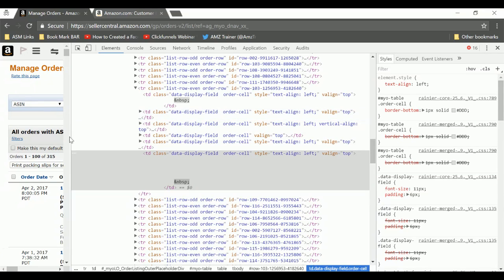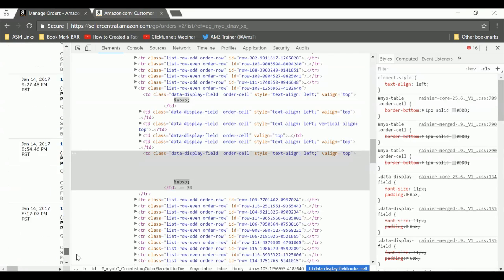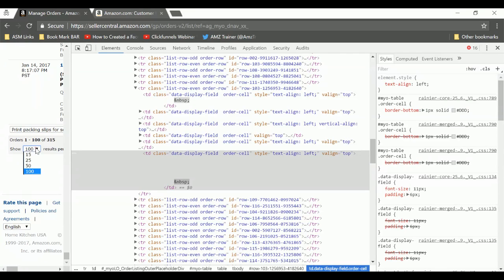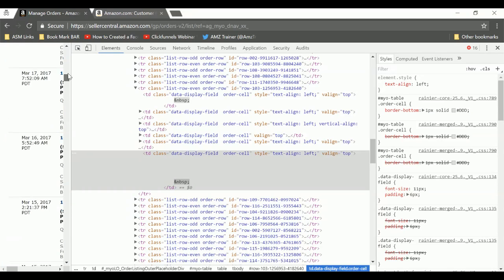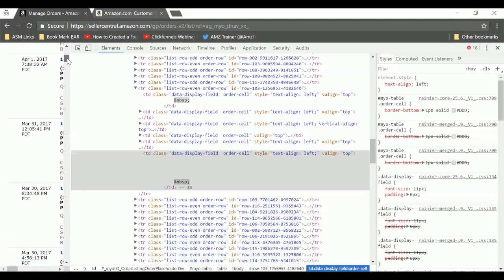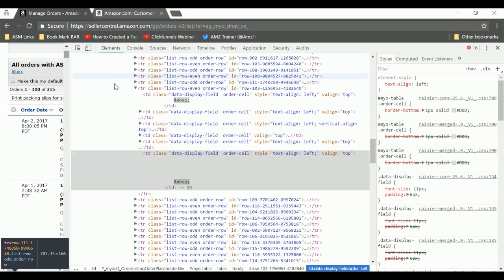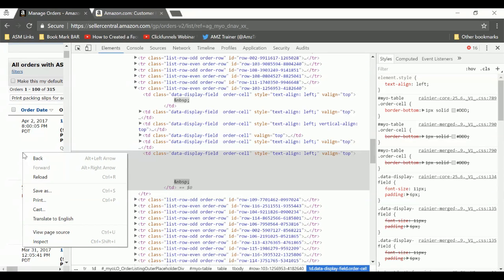Once you hit go, you will get all the order numbers for that particular ASIN, and by default Amazon will display only 15. So you have to choose this drop down and click 100, and then hit go. You will see all the orders for that particular ASIN in one page. So now the next step is, once you get all the 100 order IDs per page, just right click on it and then click on this